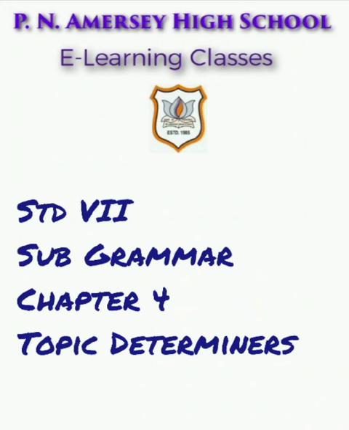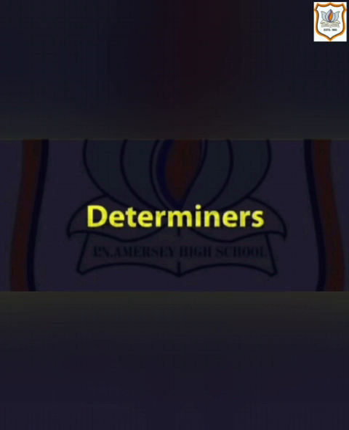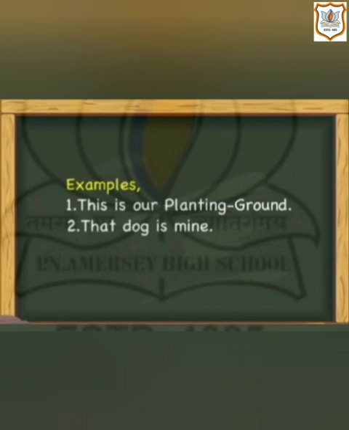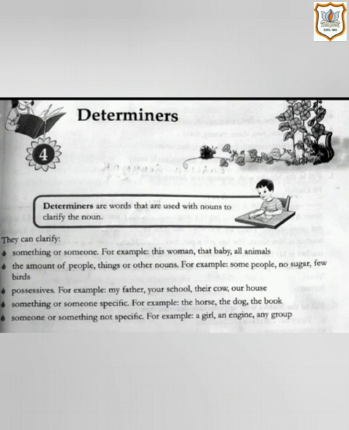So let's begin our chapter number 4. The topic is determiners. Words that come before nouns to clarify the meaning of the noun are called determiners. For example, this is our playing ground. That dog is mine. Children, your textbook definition is: determiners are words that are used with nouns to clarify the